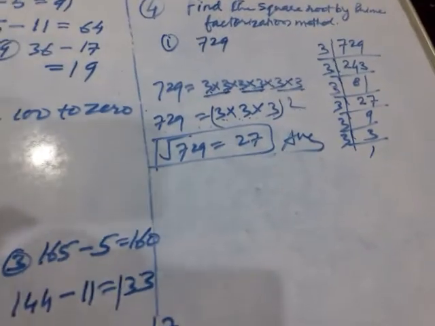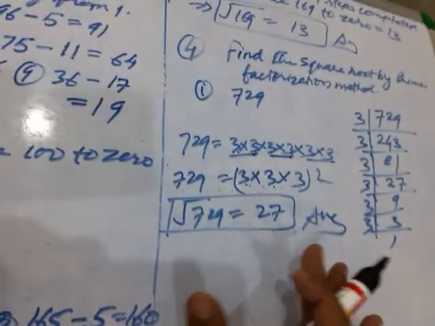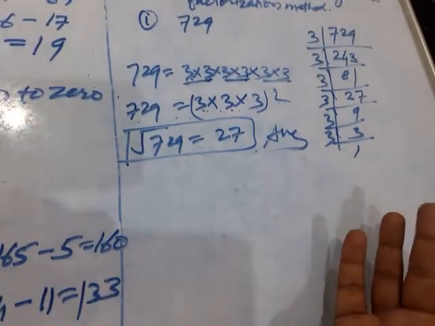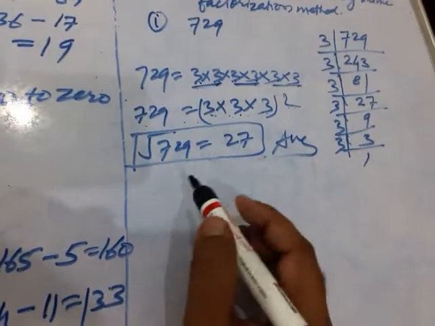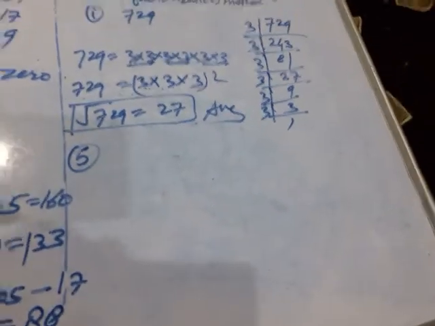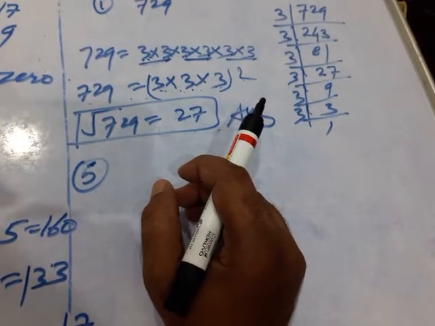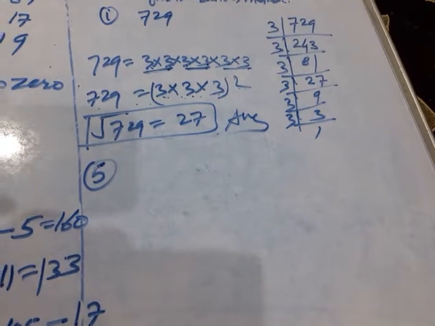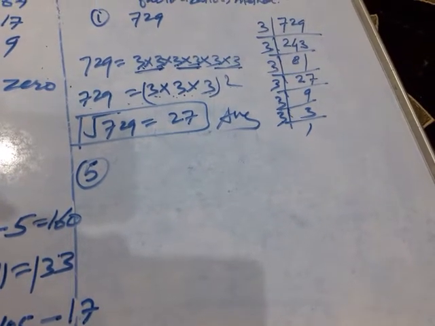Okay children, what is the next question? Now see here, 10 questions are there, and 9 more questions of the same type are there to find the square root using the prime factorization method, and you will try to solve them yourself. Now what is question number 5, children? Question number 5 is: for each of the following numbers, find the smallest whole number by which it should be multiplied so as to get a perfect square number. Also find the square root of the square number so obtained.